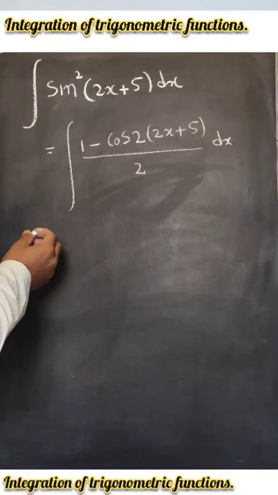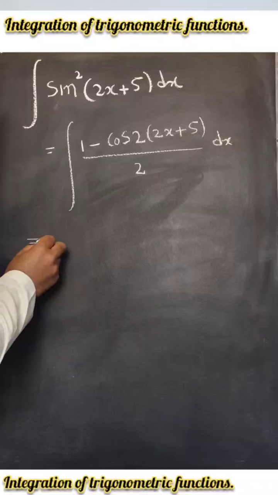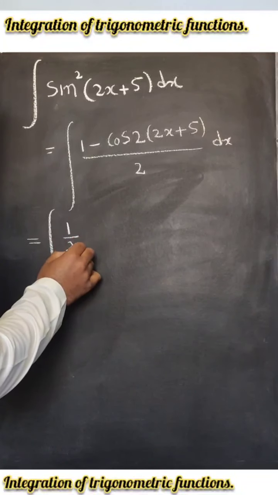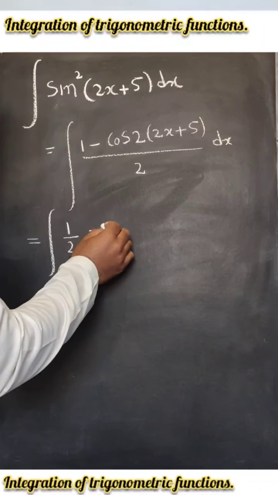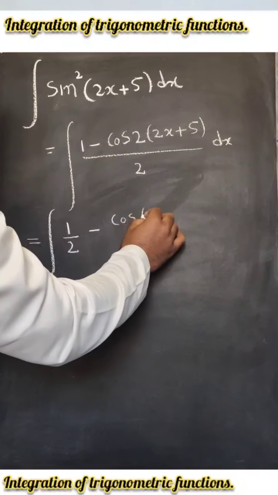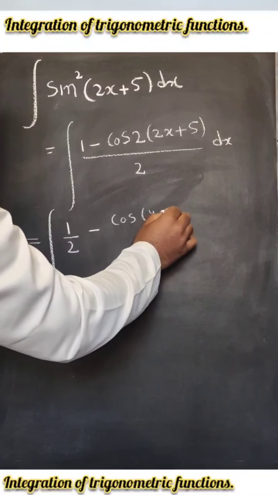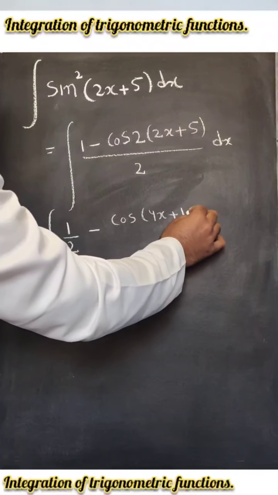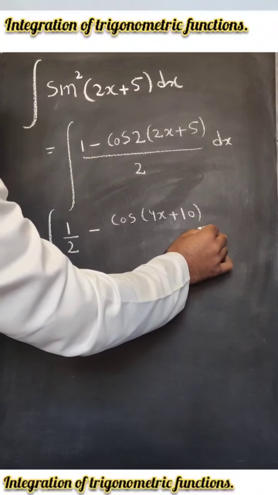That is further equal to integral of 1 by 2 minus cosine of 2 into 2 is 4, so it is 4x plus 2 into 5 is 10 divided by 2